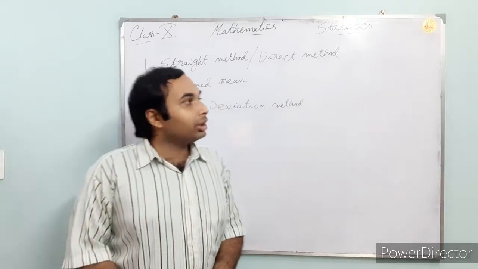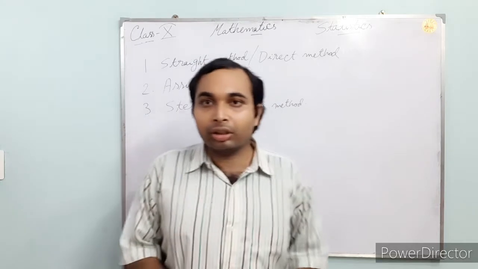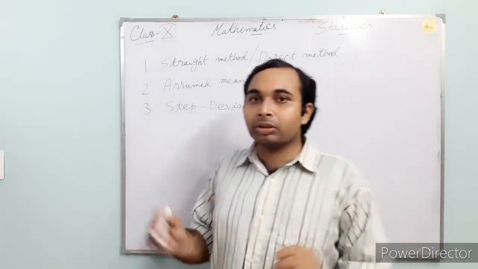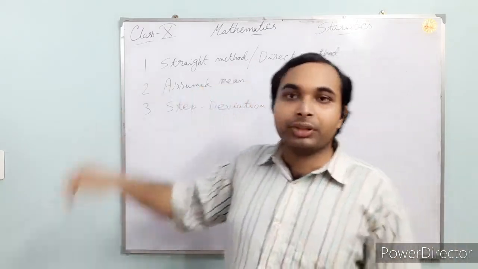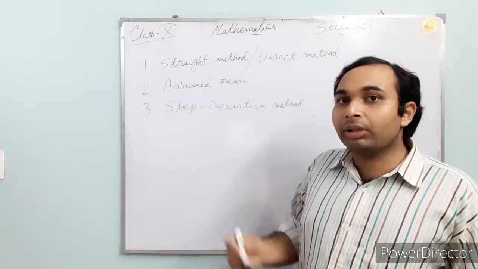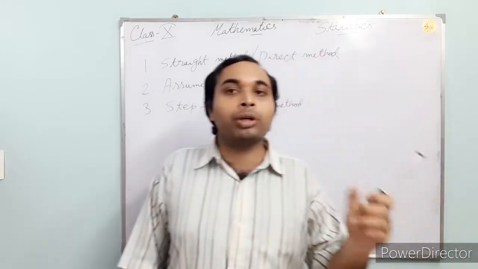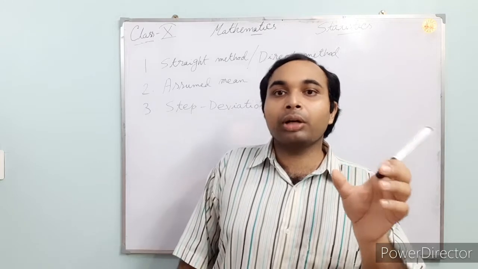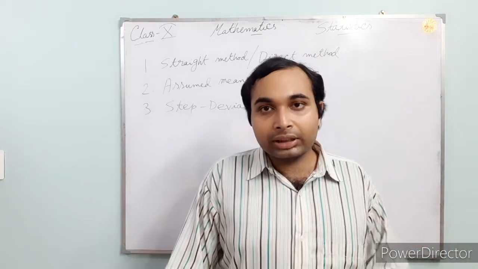For the direct method, the formula is very much easy. All those formulae are very much easy. You have to memorize the formulae and also you have to apply those. In the direct method the formula is the average formula that you have learned. In the lower classes you learned that average means the sum of all the given numbers divided by the total number of data given. So that is the average.